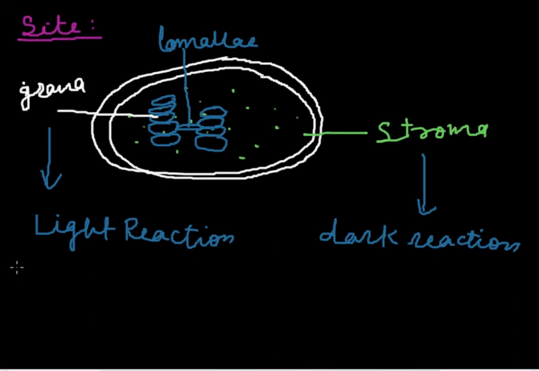Okay, as we summarize, photosynthesis occurs in two steps. First is light reaction that occurs in the grana part of the chloroplast, and second is dark reaction that occurs in the stroma part of the chloroplast. And photosynthesis consists of these two reactions. Okay, now next,